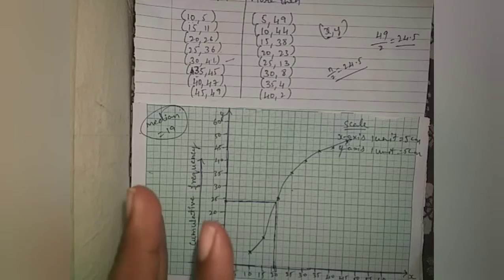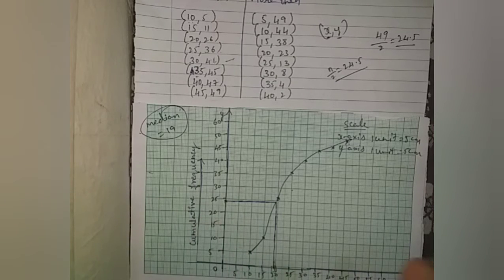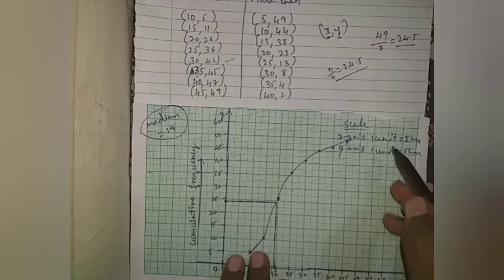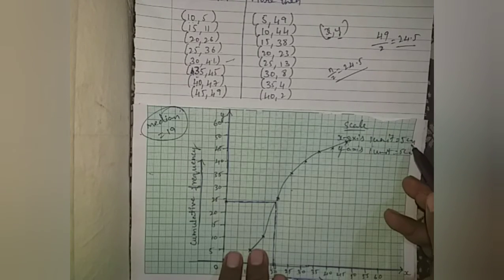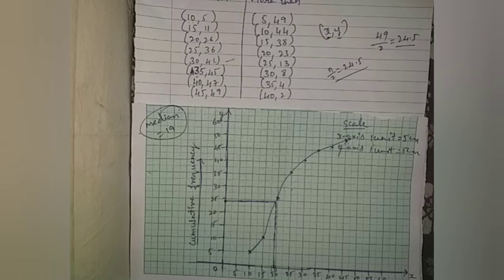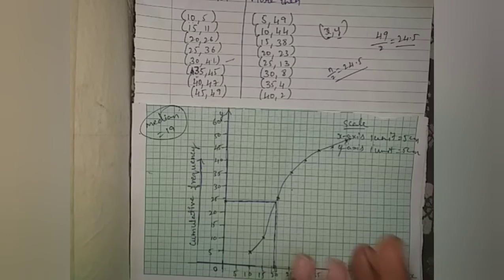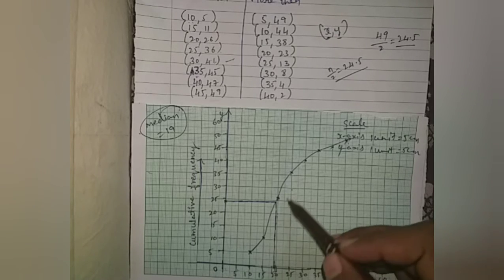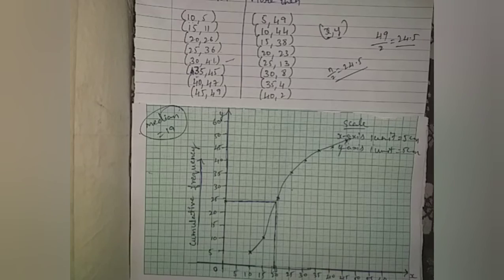Got it? If you draw a perfect graph in pencil, keeping the scale and all the measurements, you'll get a perfect graph. My suggestion is that you consider 1 unit equal to 10 centimeter. It will be very useful to you and you can easily get the values. Got it, students? Yes, this is the less than graph. Any doubt how to plot a less than graph? If they ask only the less than graph and to find the median, this is the way.